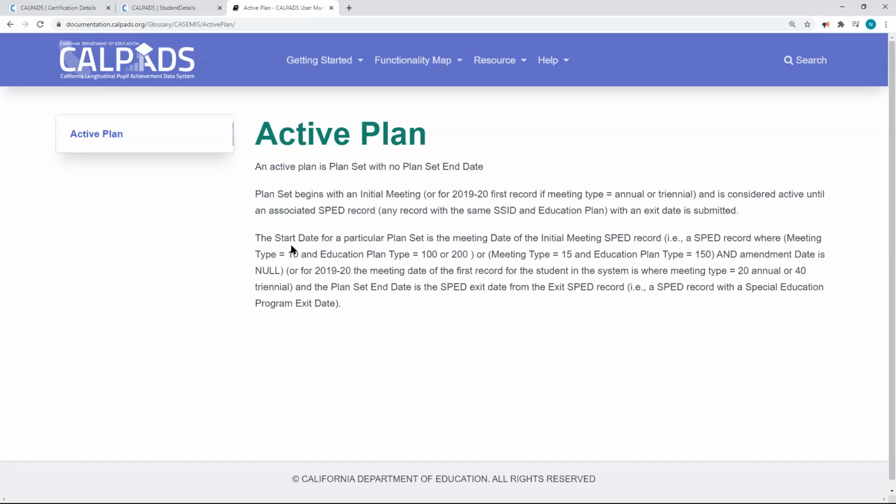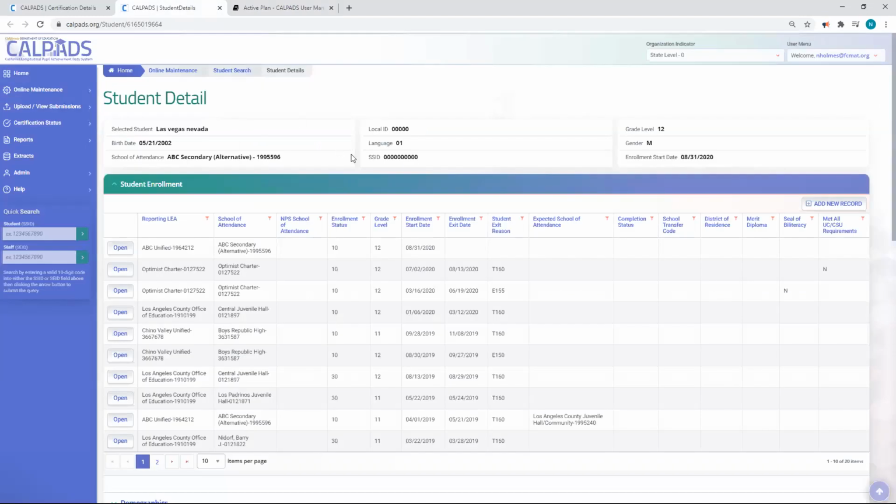And so we just want you to know it's not telling you to look at a specific record. It's looking for a record in that plan set, which would be determined by the plan type code, whether the student has IEP, IFSP, or an ISP. Until those series of records have been exited, signaling the student is no longer eligible for services, it's expected as a student transfers from district to district to have those records submitted by each LEA or those evaluations submitted by each LEA. And so we'll go back to the student's record,